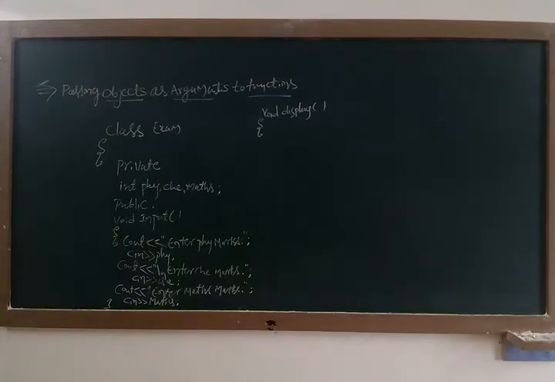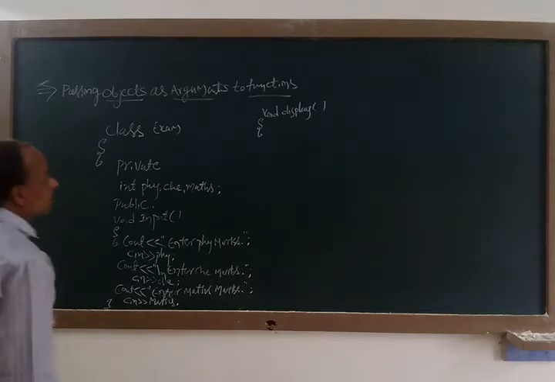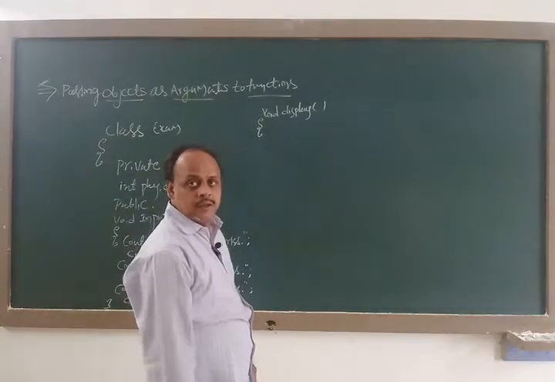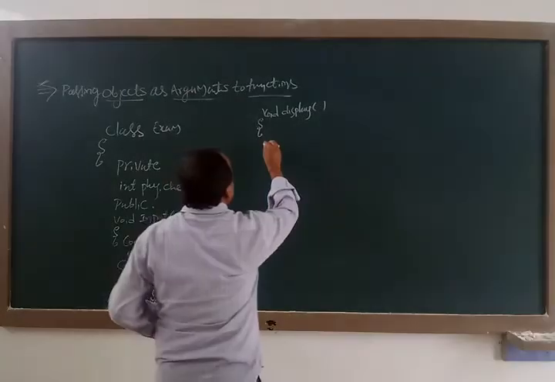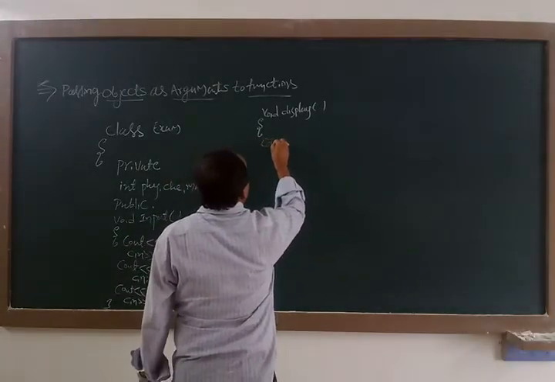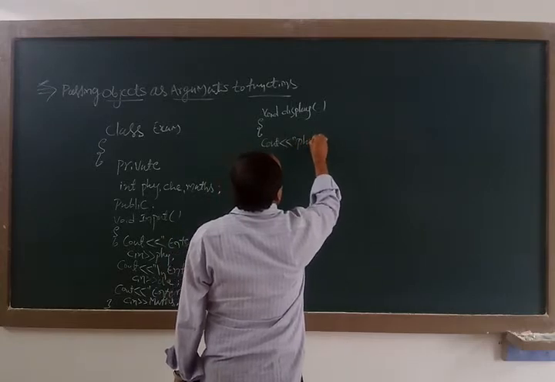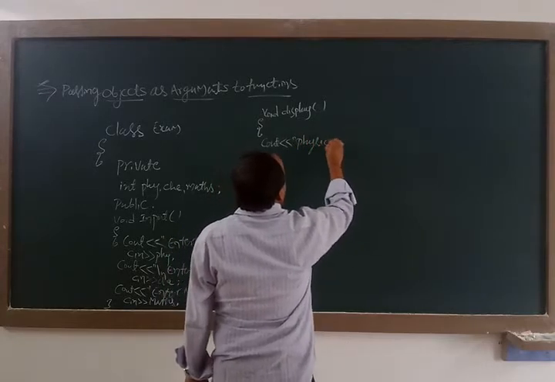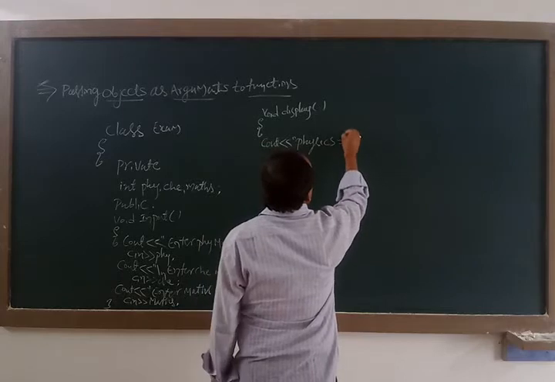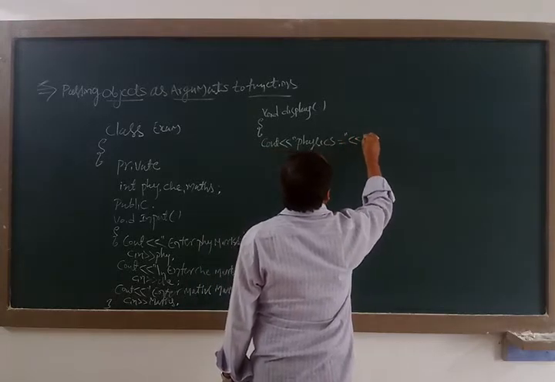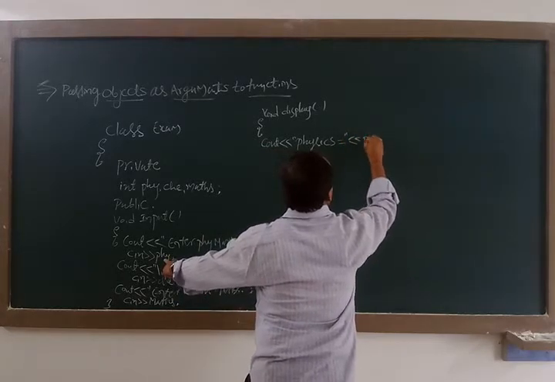So this display function is going to display total physics, chemistry, maths marks, that is cout physics is equal to, where it is going to be stored? Physics, PHY,